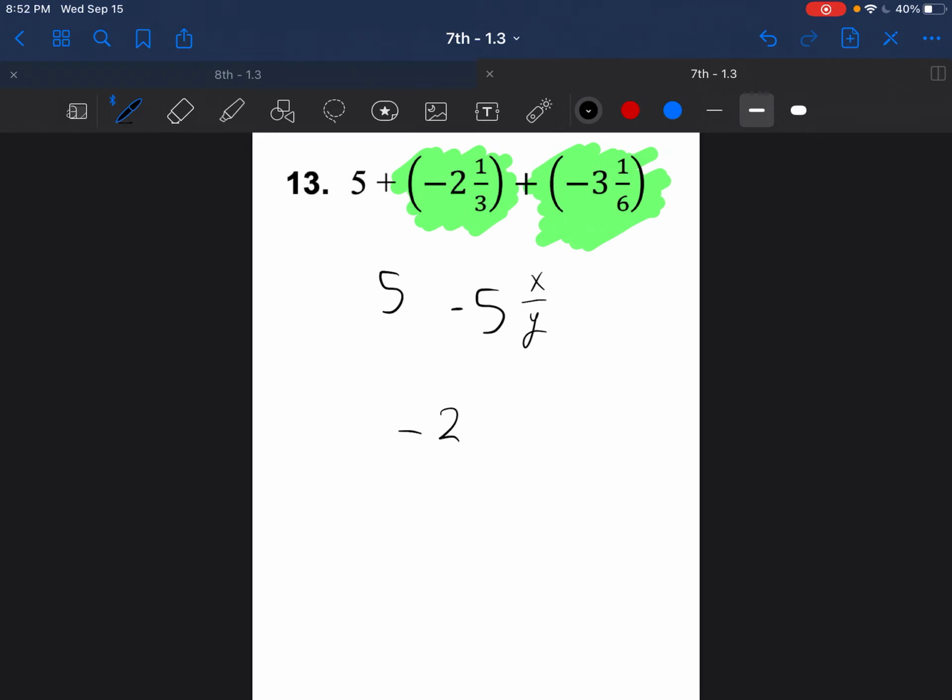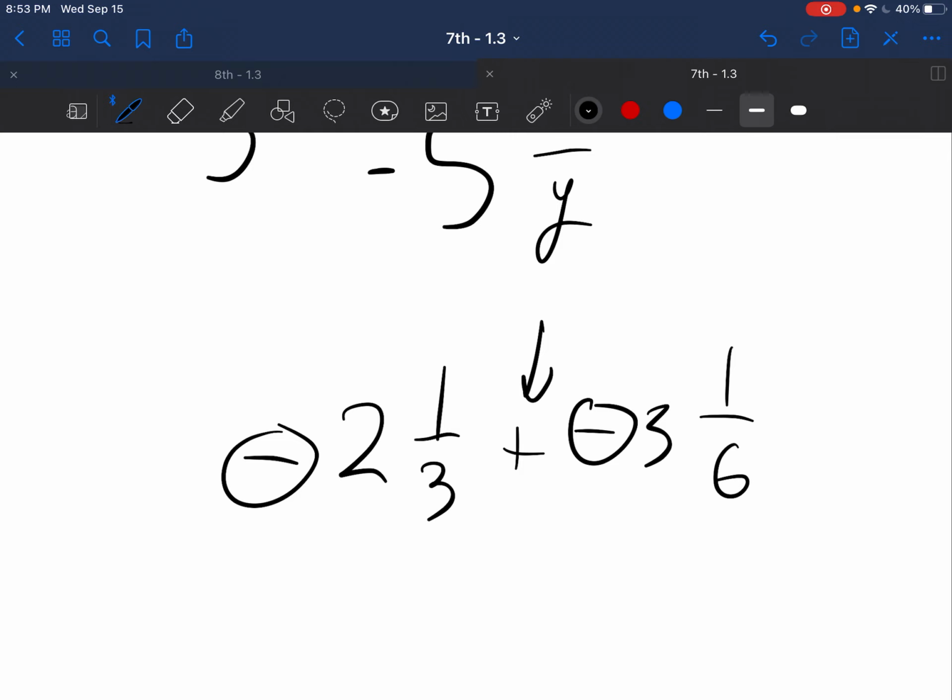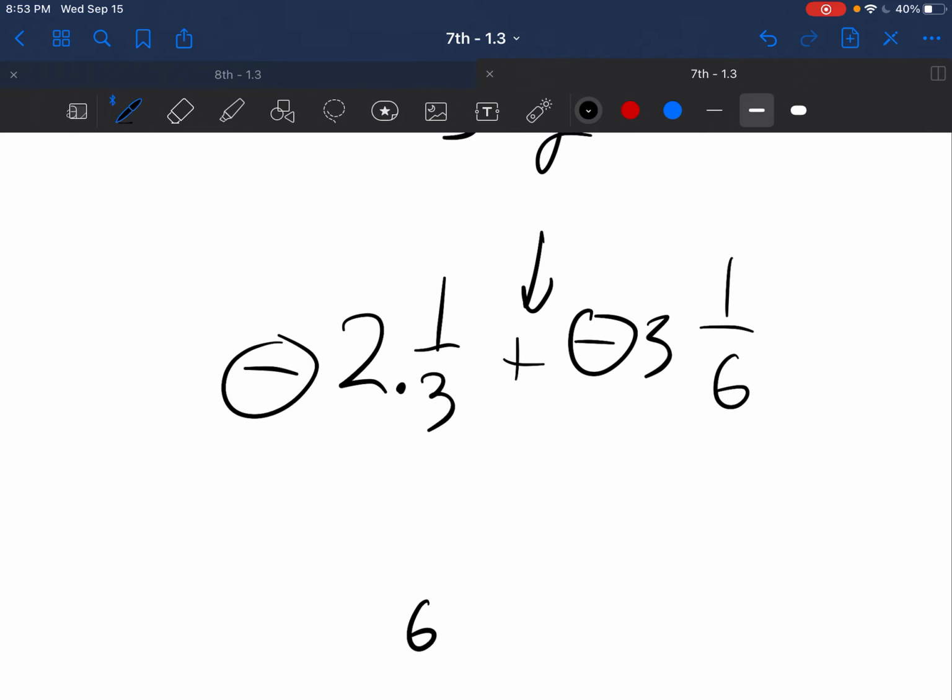Alright, so we have -2 and 1/3 plus -3 and 1/6. They are the same sign, so if they are the same sign, that means we need to add. So let's turn them into improper fractions. 3 times 2 is 6, 6 plus 1 is 7. So you know 7/3. Let's do this one. 6 times 3 is 18. 18 plus 1 is